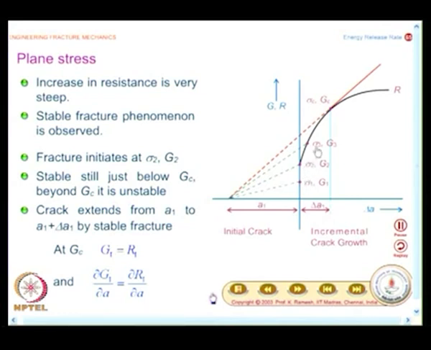And what I have here is another important issue. When you say fracture occurs at sigma c, what is the corresponding critical crack length? Is it A1 or A1 plus delta A1? People would simply jump to A1 plus delta A1, it is wrong. If I have sigma c, a crack of length A1 would really become unstable, you would not even notice delta A1,